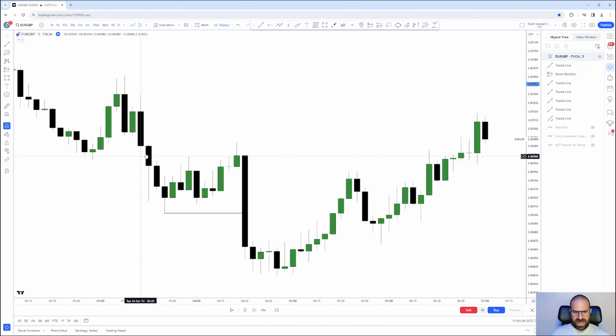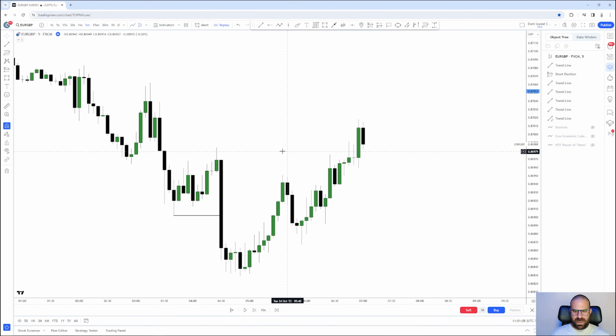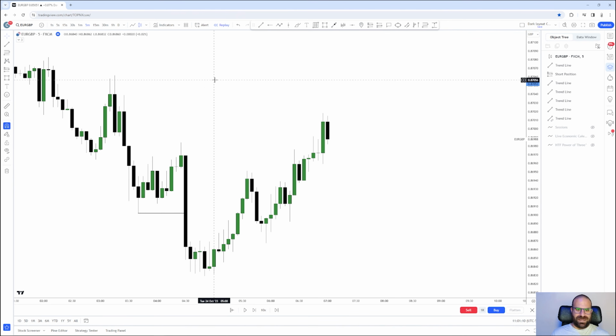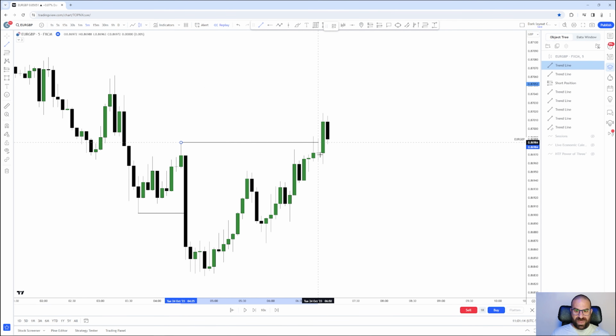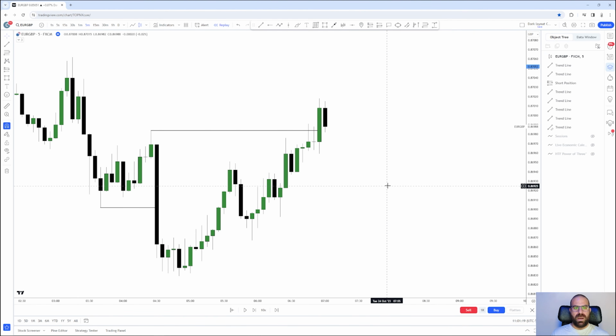Here, the grab of liquidity happened exactly right here. So if we are to break above a certain area, it would be this area, and then with a body of the 5-minute, we would be looking for our unicorn model, guys. And here, since we broke with a body, you can go ahead and, as I said, highlight all of these